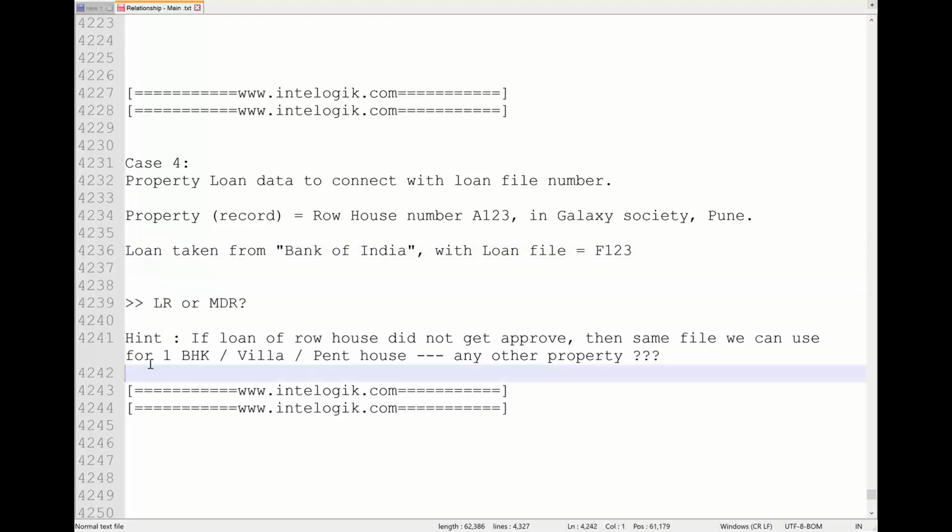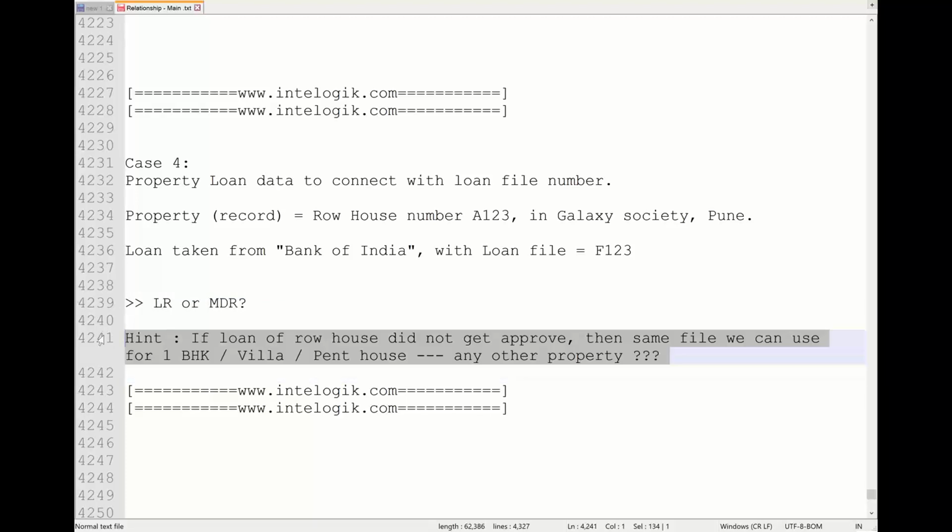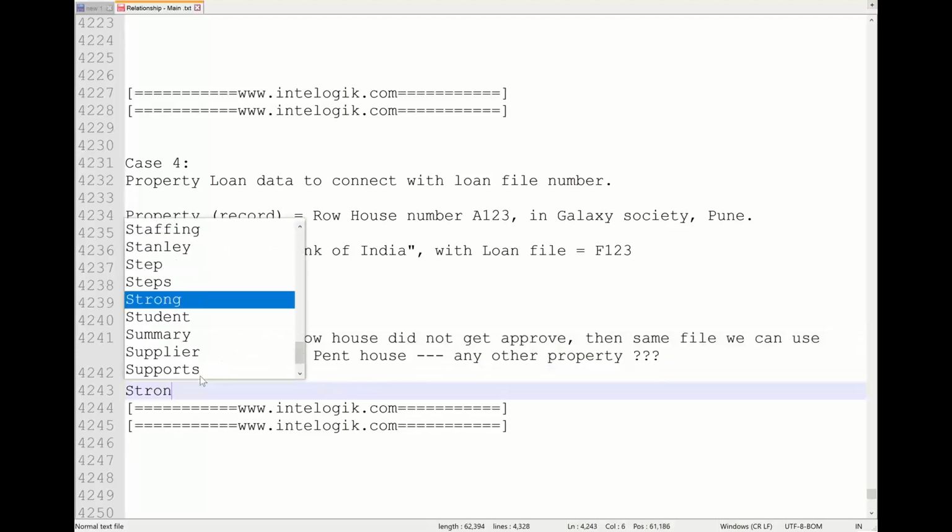The hint is, if the loan of the row house did not get approved, then can the same file be used for a 1 BHK or villa or penthouse, any other property? Or no, if the loan is rejected, then that file is useless. There is a strong dependency between these two files that you need to decide.